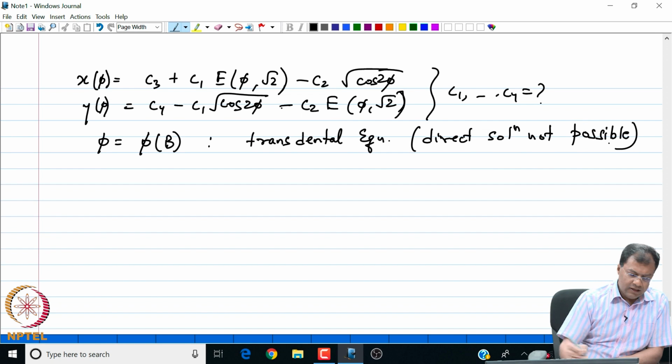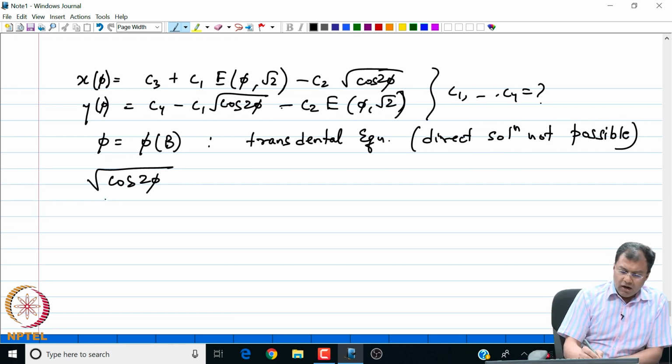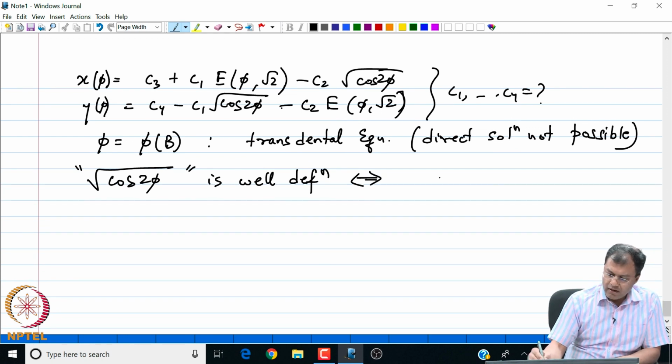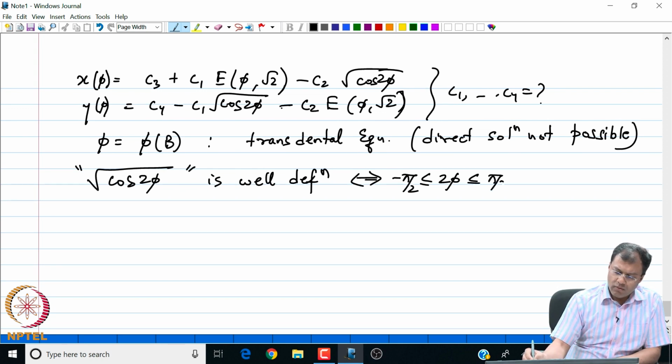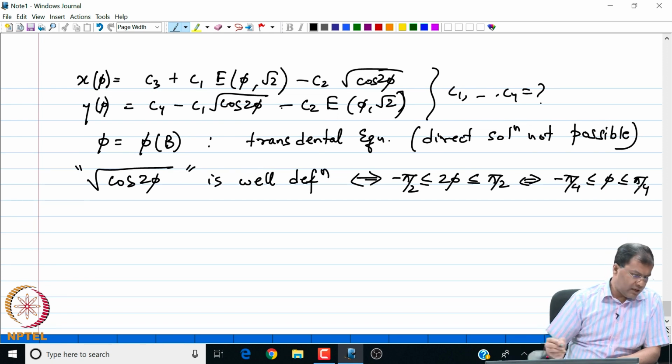What we do is, look at this, we need to properly consider that cos varies from -1 to +1, but so that the square root is well defined, the argument inside the square root must be positive. So I have that my angle 2 phi is from minus pi by 2 to plus pi by 2, or I have that phi is from minus pi by 4 to pi by 4. So, that is my range of the angle that phi can take.